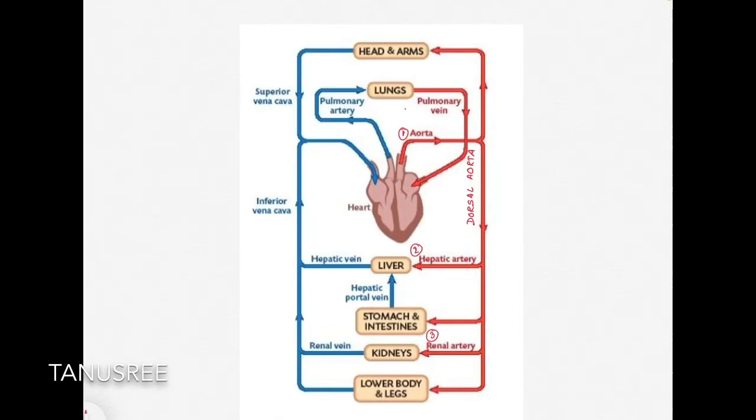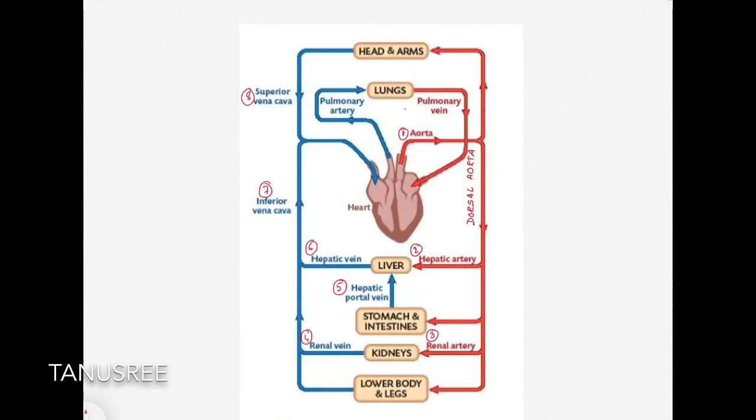Now the blood vessels which are emerging from the organs, you can see that they are shown in blue because they have delivered the oxygen to the organs. So out of the kidneys is the renal vein. Out of the stomach and the intestines is the hepatic portal vein, but it does not enter directly into the main vein. Rather, it moves into the liver carrying the nutrients for further metabolism. From the liver emerges the hepatic vein, and all these veins will unite into the inferior vena cava and the superior vena cava. They come in and they will enter into the heart.